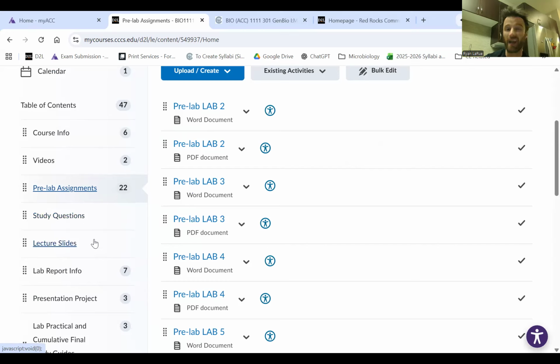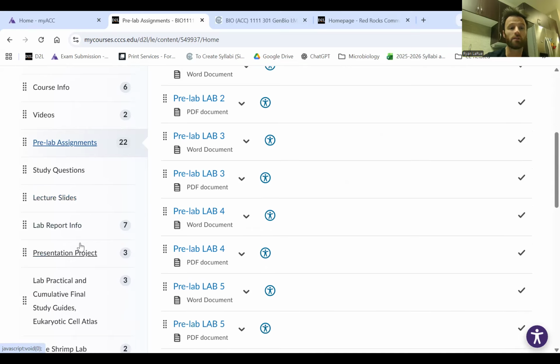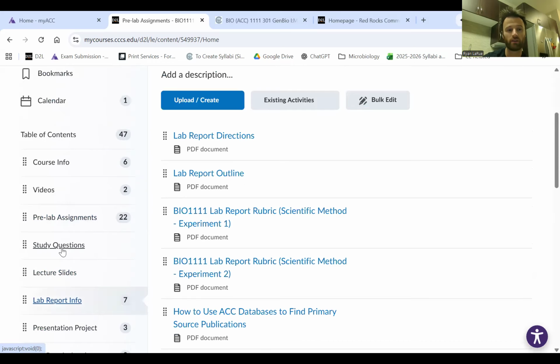The slides that I use during the lectures and the videos that you watch. I have students that like to sometimes print them out and fill them in. I think that's always a great strategy. Or take notes in PowerPoint, whatever, if you want to do that kind of thing. Lab report information.